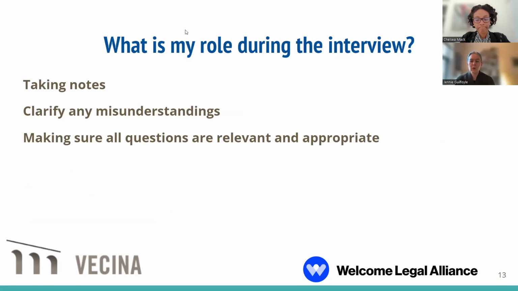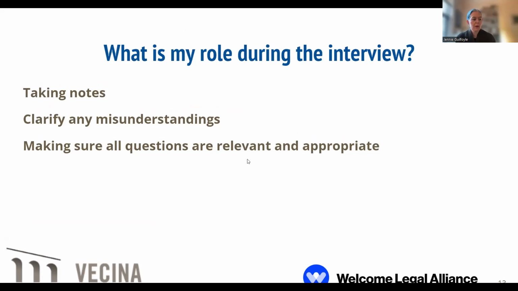So the role of the attorney during the interview. What is your role as the representative when you're there at the asylum interview? It's a pretty limited role. It's very different from representing someone in immigration court proceedings, which is more like a trial where you have a very active role as the attorney or representative. Your role during the asylum interview is, a lot of your work is really done preparing your client beforehand, and Chelsea was talking about that. During the interview itself, you're pretty limited in what you do.